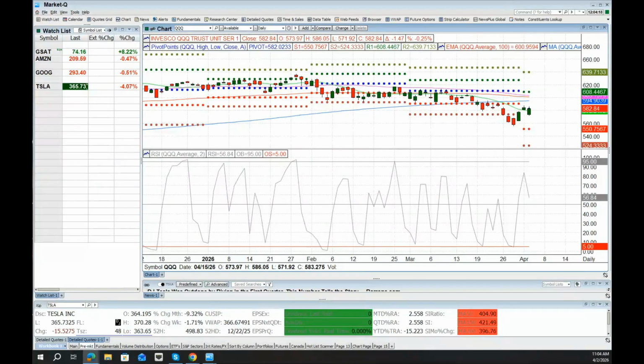I just use the normal setting. I used to use 10, but I'm currently using 14. My oversold is 40, my overbought is 60. And generally, something that I look at is, when the trend is down, the RSI should be below 50. And when the trend is up, it should be above 50. So that's another thing that I keep an eye on as well. But my main trend measures are swing highs, swing lows with the EMA backdrop. But that's something that you could look at as well, whether the RSI is above 50 or below 50.